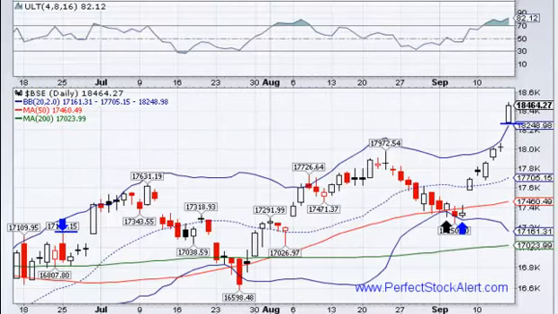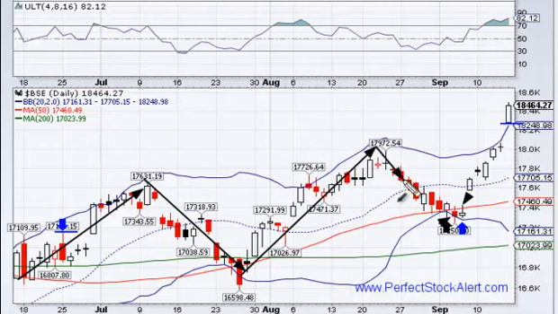Looking now at the BSE, or the India Bombay Stock Exchange, nice move here. You'll notice we have a nice buy signal at this point off of a hammer candlestick formation. That's the one that we chose to trade rather than the Hong Kong Hang Seng Index. This is the one that we like better. And again, you notice that you have this high point here, and then pull back, then you come to that high point. That's where your first target would have been hit. You overextend a little bit, then you pull back down. Now we've done the same thing. Come up to the previous high, hit it,